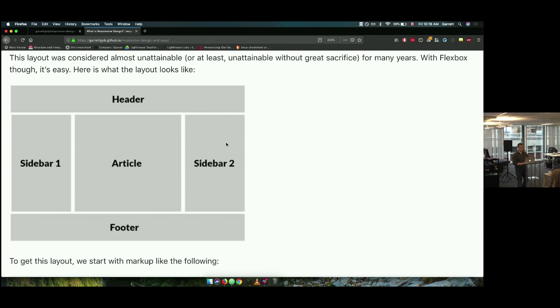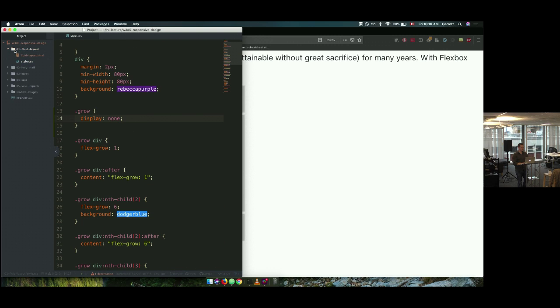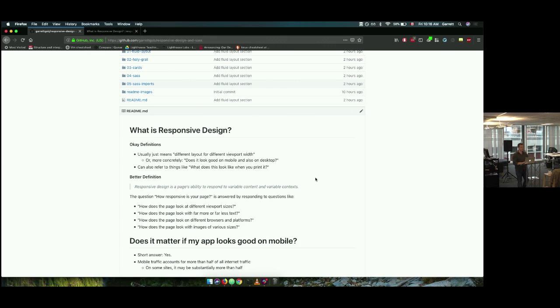So do I have an example of that? I do, thank you. Thank you for asking. I do have an example of a Holy Grail. I think there's a link to an example